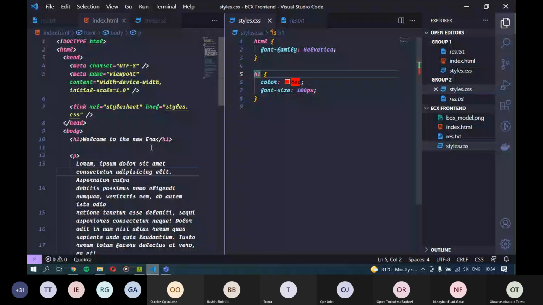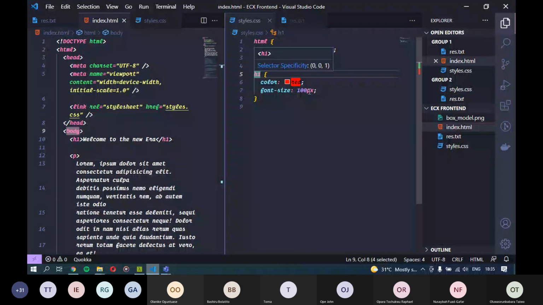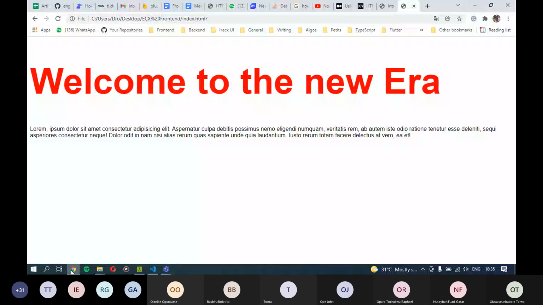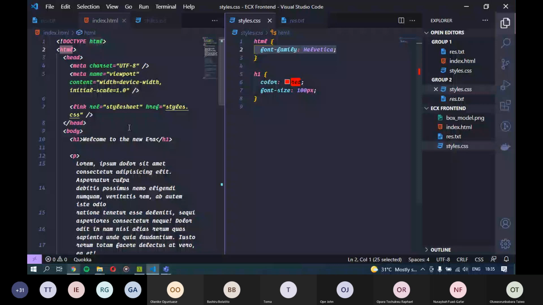It comes to body and it says, okay, body too does not have a font family. Let me check the next one. It's now come to HTML and it says, okay, there's a font family here called Helvetica. So let's use that one to display it on the web page, and that's exactly what it does. Same thing goes for the paragraph tag too. We didn't even style the paragraph tag at all. Since it does not see a font family there, it checks the HTML, sees the font family and applies that style on the paragraph tag.